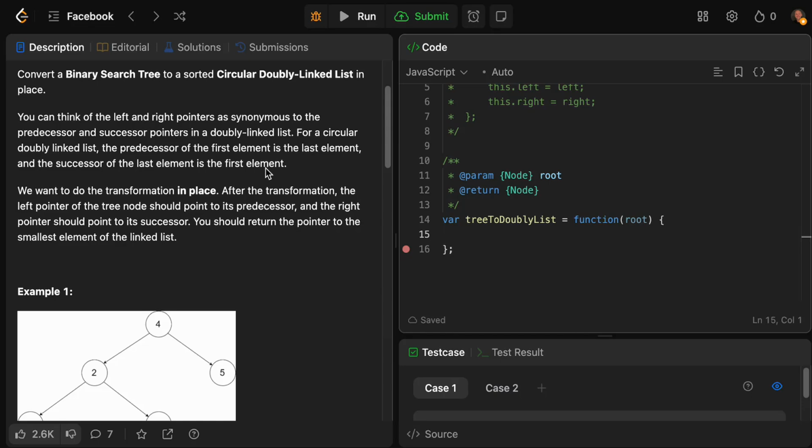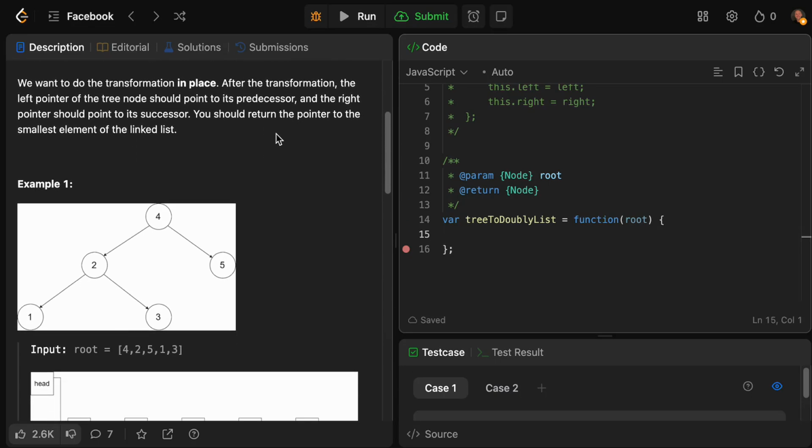For a circular doubly linked list, the predecessor of the first element is the last element, and the successor of the last element is the first element. So the previous of the first element points to the last element in the linked list, and the last element's next points to the start of the linked list. So that's just a confusing way of saying that. We want to do the transformation in place. So we're not going to be creating a new linked list. We have to just go through and change the current binary search tree to be